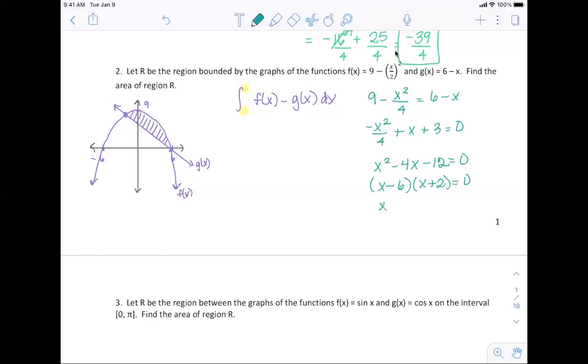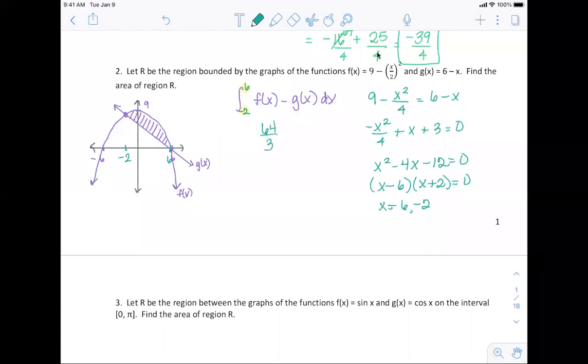So the two x values are positive 6 and -2, which looks about right based on the graph that we are looking at. And you can see that in your calculator pretty accurately. So that's what we're going to use for our limits of integration, -2 to 6. I'm relatively confident that you could integrate these yourself, so we're not going to spend a lot of time on that today, but the answer that you should get is